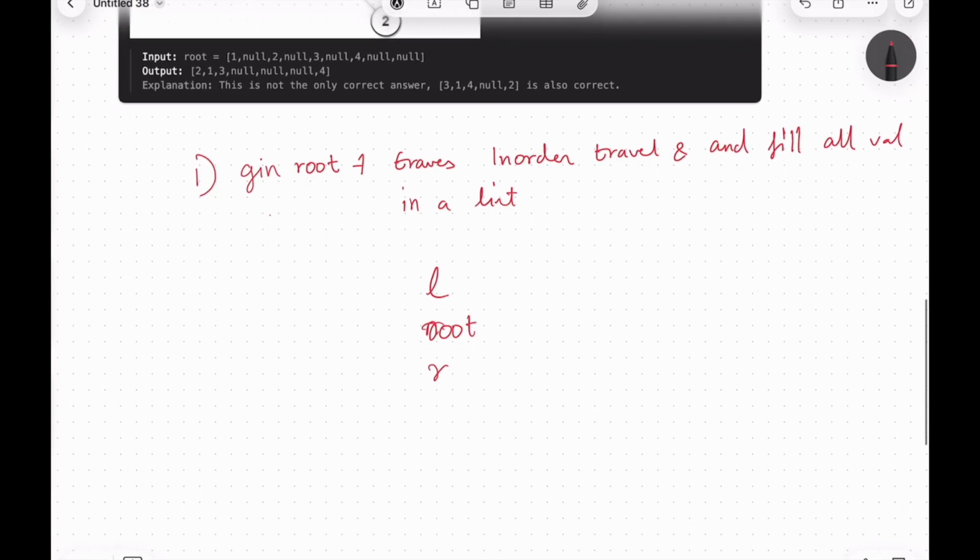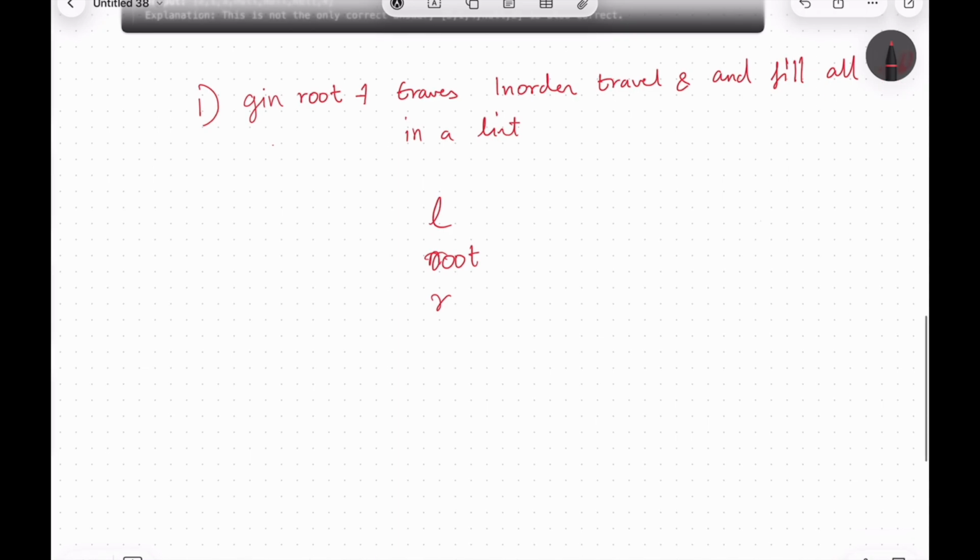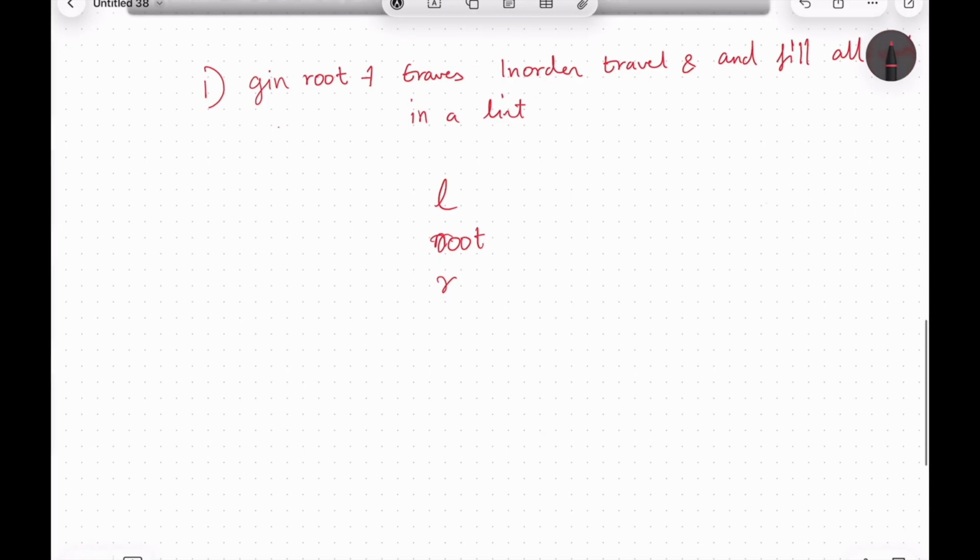The next thing is, after you have all the values in hand, you use a similar method, similar to binary search, where you fetch the element from the mid of the array, and then you add it as a root, and then you continue the same. So find mid, and the value at mid will be the root,